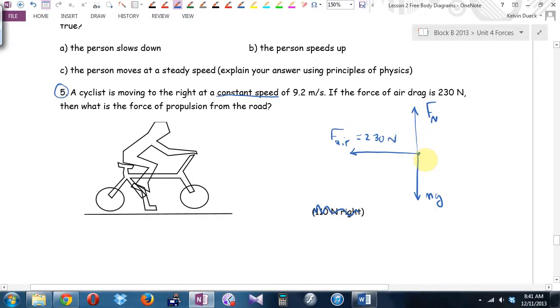Tell me when to stop drawing. How do I know to stop exactly? Constant speed means it's exactly the same size as air drag. Yes? And do you know what force that is? That's the road pushing me forwards. Friction. Propulsion. The answer here is